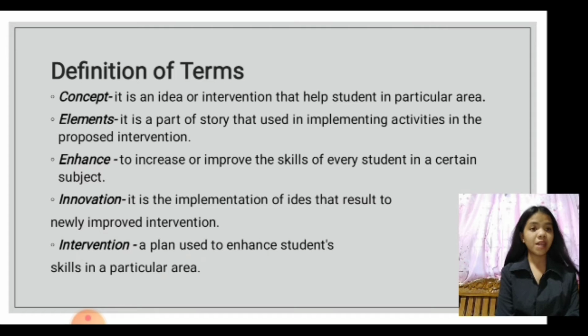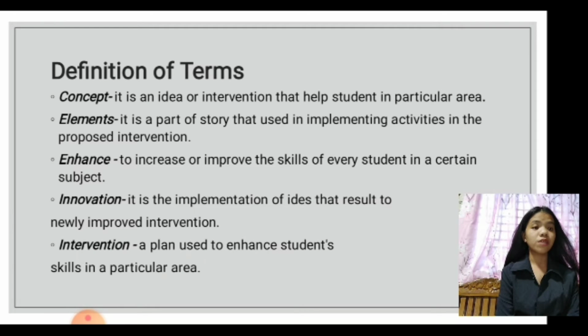Definition of terms. These terms are used in the study. The first one is the concept. It is the idea or intervention that helps students in a particular area. The elements. It is a part of a story that is used in implementing activities in the proposed intervention. The third one is enhance.